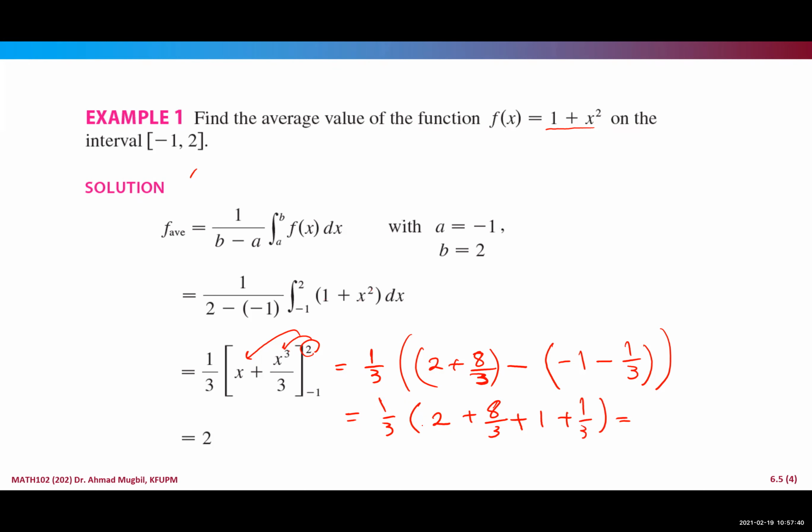This will be equal to what? This is 2 plus 3, this is the third. This is 2 plus 1. It will be 3. Add the integers at the beginning. Then you have 8 plus 1 is 9. 9 over 3 will be 3. So you will have 3 plus 3. What is 3 plus 3? It is 6. 6 over 3, it is 2. So you will have a third times 6, which will be 6 over 3, which is 2.